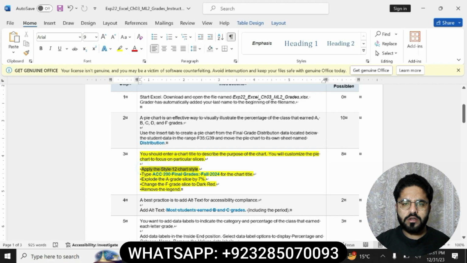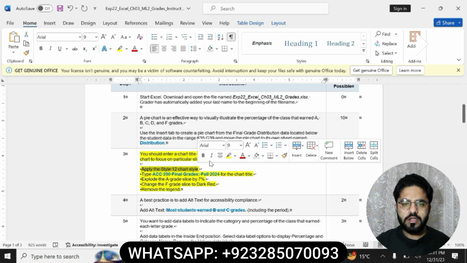Apply the Style 12 chart style, and then type ACC 200 Final Grades Fall 2024 for the chart title. Explode the A grade slice by 7%. Change the F grade slice to dark red. Remove the legend. First we will solve